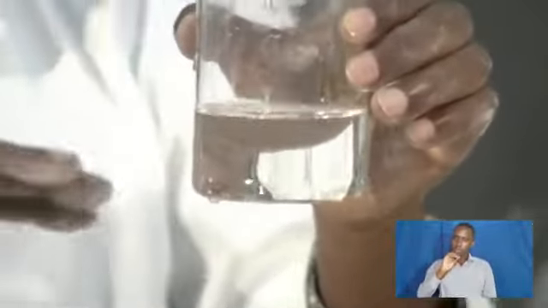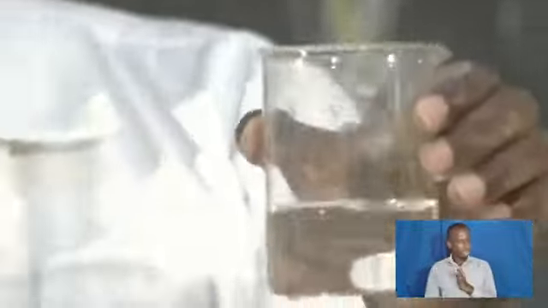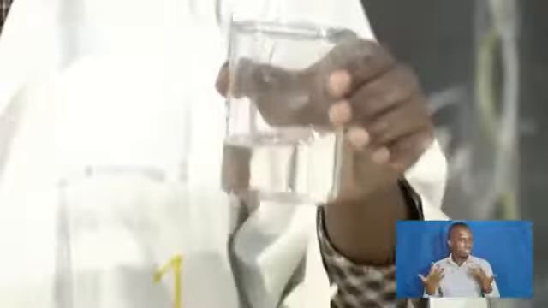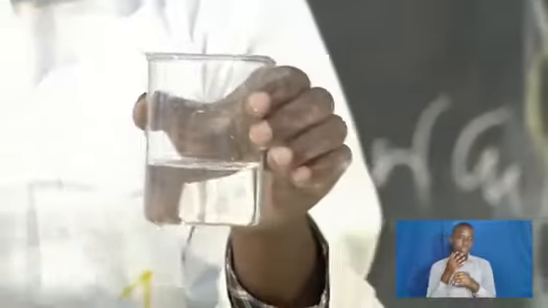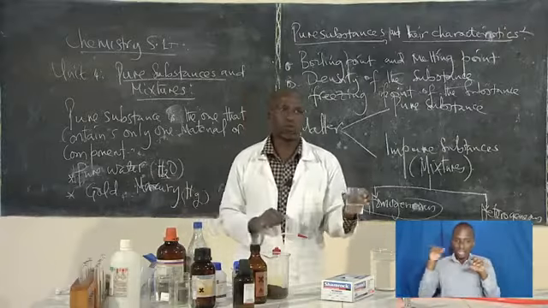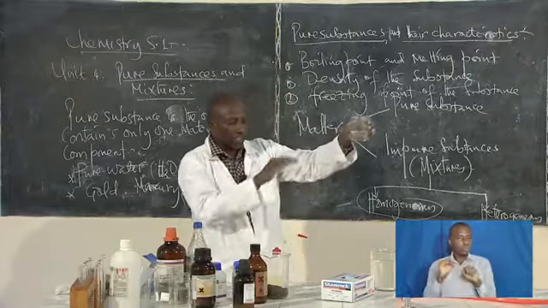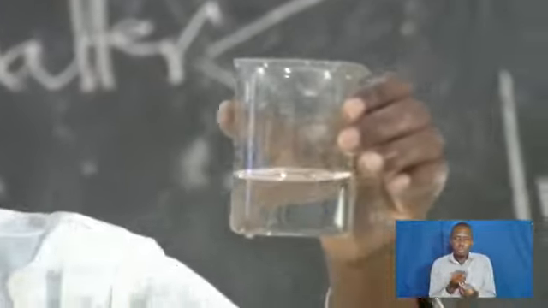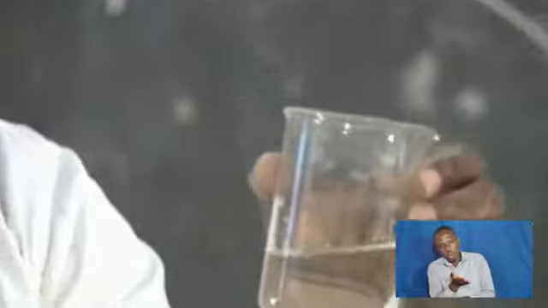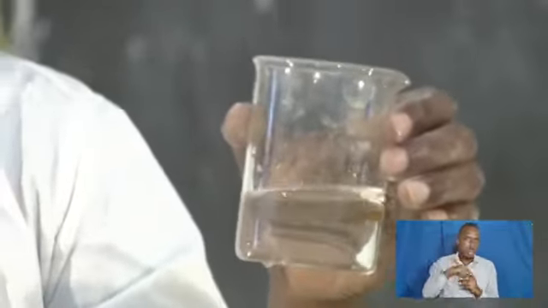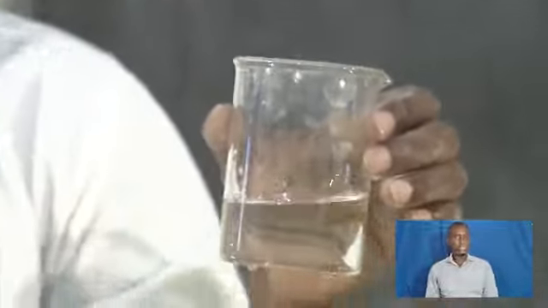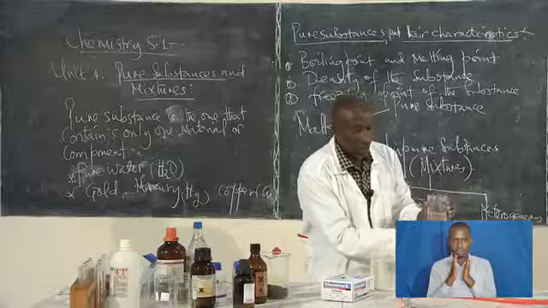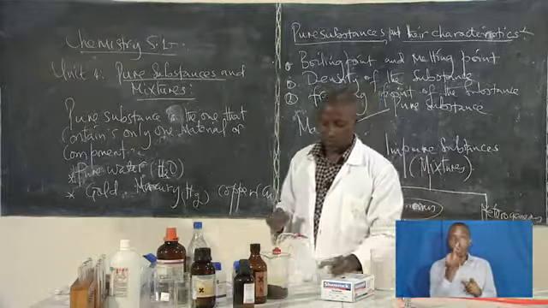What do we mean by homogeneous? In a homogeneous mixture, these components, which may be two or more than two, are uniformly distributed. You can't tell. If you look at this mixture, for example, you can't easily tell that it contains two components. So it is uniform. Now, this is one of the examples of homogeneous mixtures.